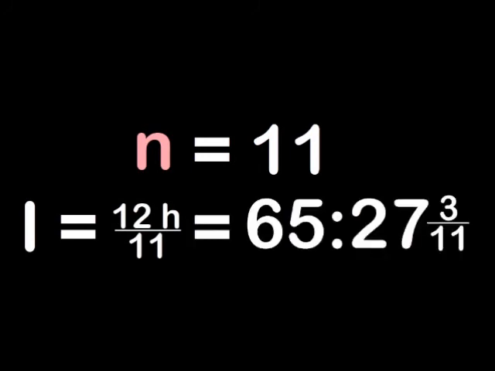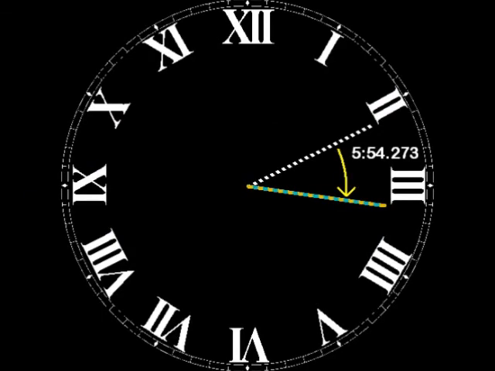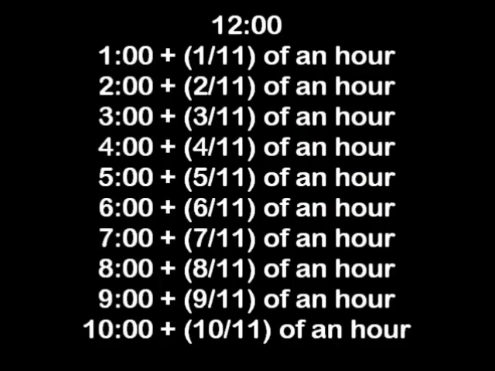That's 65 minutes, 27 seconds, and 3/11ths of a second, which is 5 minutes, 27 seconds, and 3/11ths of a second longer than an hour. So the overlaps happen at these times,